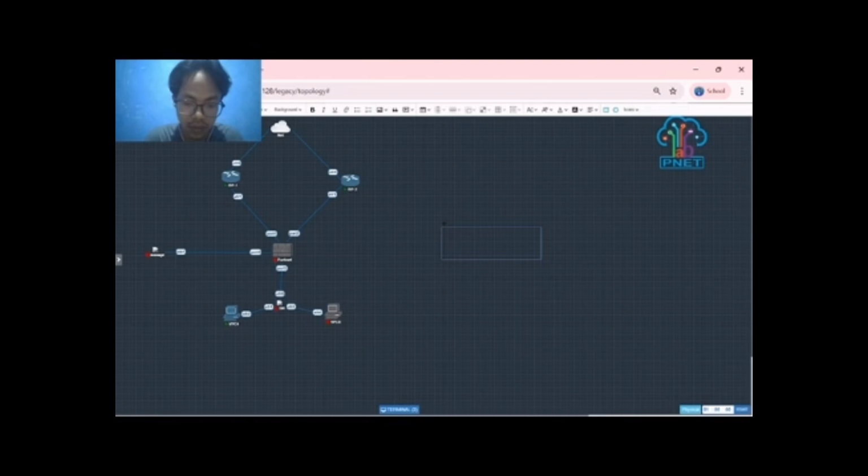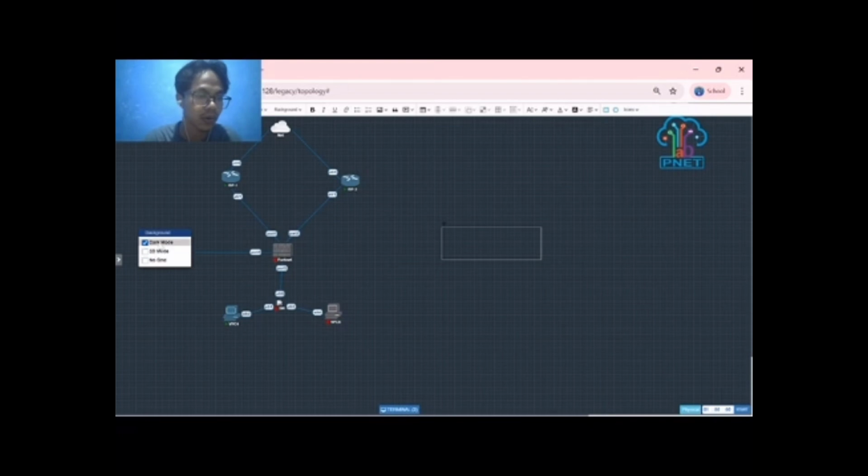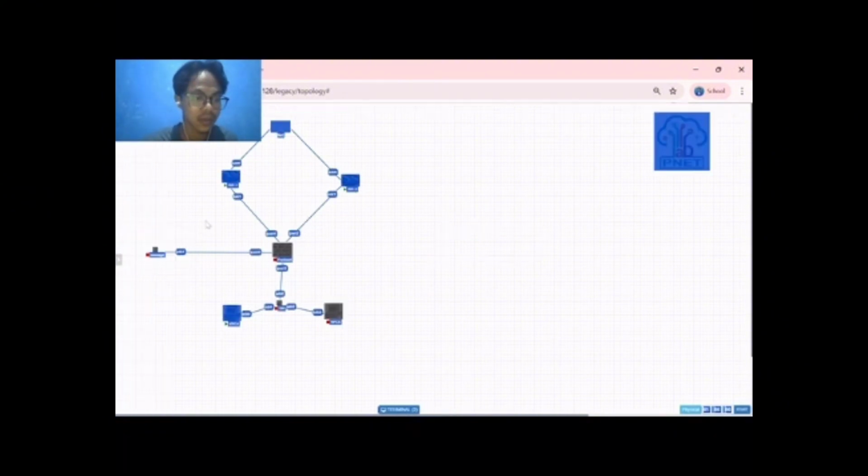Okay. Therefore, like this. That is not equal, so that our IP can be seen here.